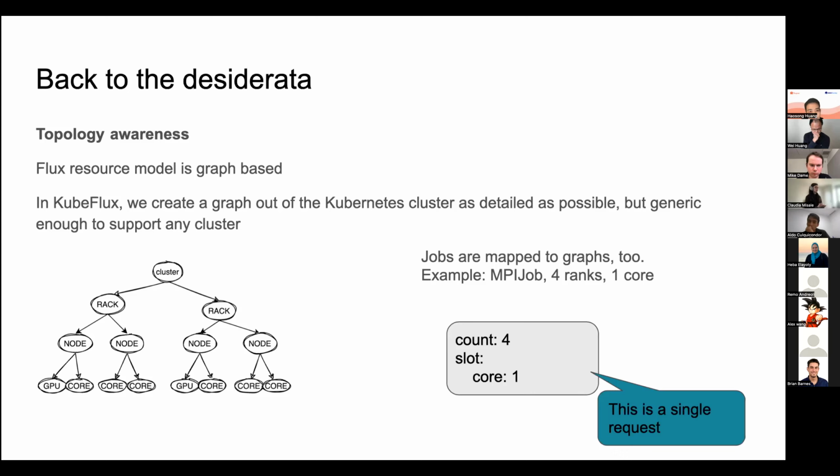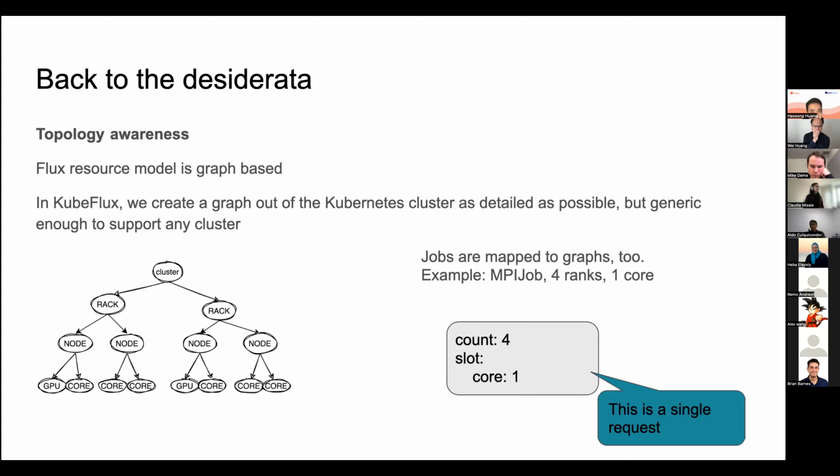For instance, when we talk about MPI, since I mentioned that, I would like to bring this example over. Jobs are also mapped to a graph so that the scheduler can run the graph matching algorithm to do the mapping, the scheduling, sorry. This is done internally by Flux, so we don't really have to do anything other than the translation from the pod spec to the job specification file